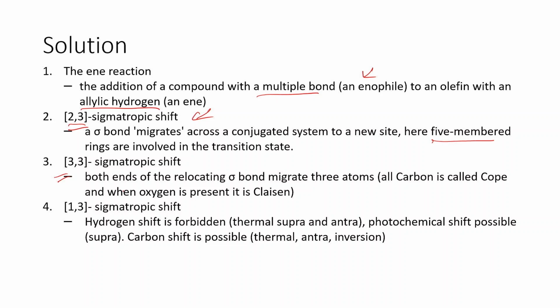So here again the sigma bond migrates, and if all 3 atoms involved are carbon atoms, that is called a Cope rearrangement, and if an oxygen is involved, that is called a Claisen rearrangement. So that is how we can differentiate the 3,3 sigmatropic shifts, and when a nitrogen is involved, we call this an aza-Cope rearrangement. So depending on the heteroatom involved, the Cope rearrangement can be either oxygen involved or nitrogen involved. And for the 1,3 sigmatropic shift, as we mentioned earlier, hydrogen shifts are forbidden, both thermal and